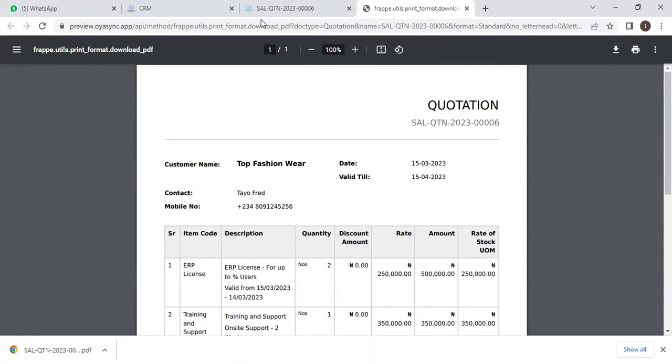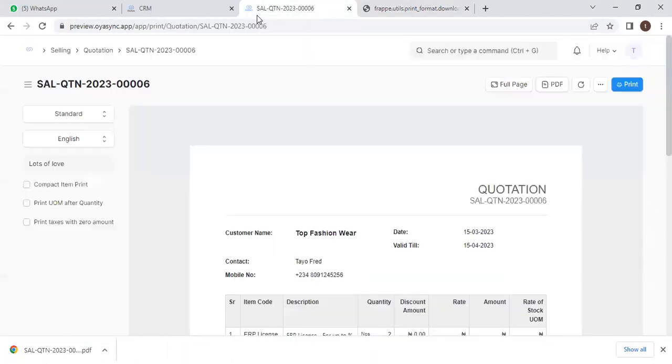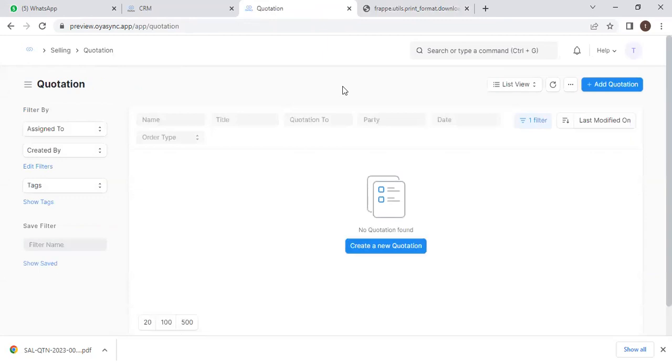Now that's one way. Then once you download it, you send the information that you need to send to that customer. So from your quotation, once you are done with it, the next thing you can do is